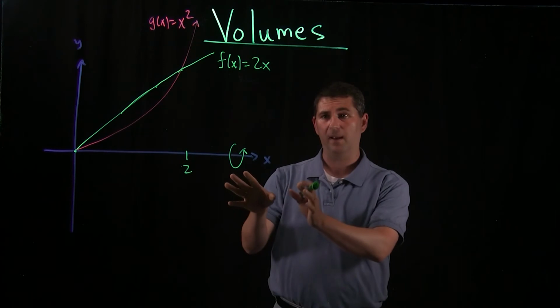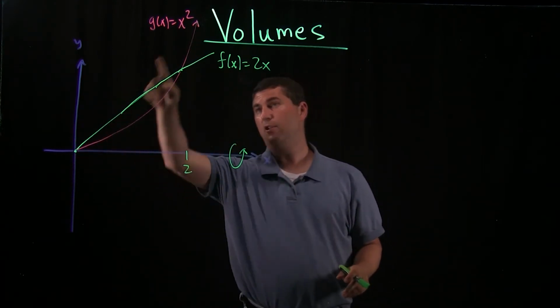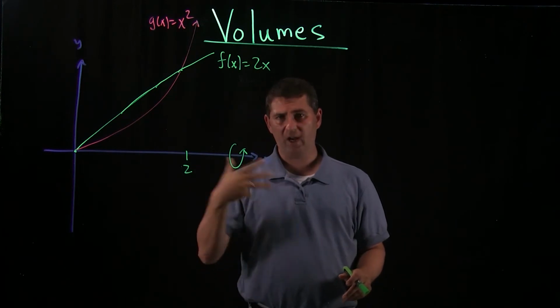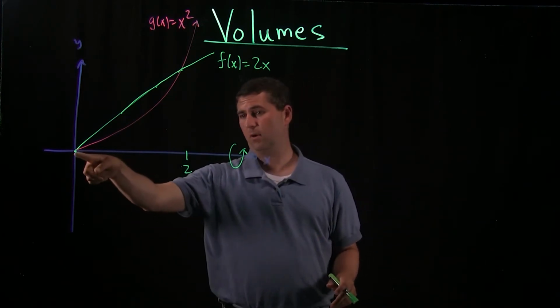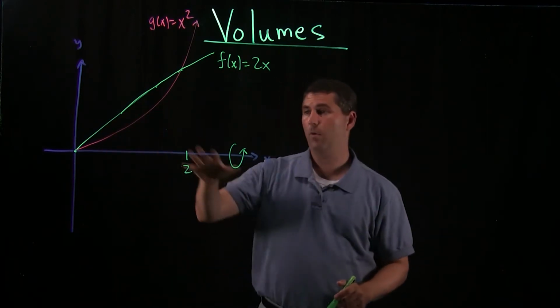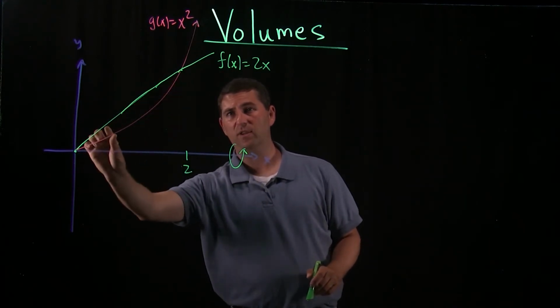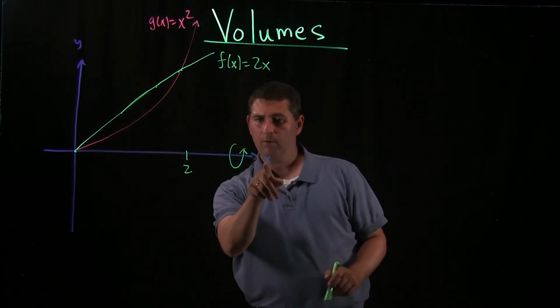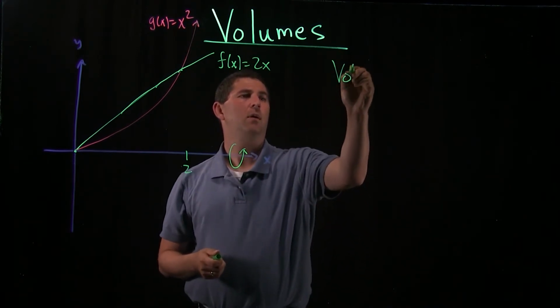Okay, so in this example, I've drawn 2 functions, f of x, which is 2x, and g of x, which is x squared. And I've taken the liberty of figuring out where those 2 functions intersect. It's at 0, and it's at x equals 2. Once I know that, I know if I want to compute the volume that I get by taking this region in between the 2 and rotating it around, well, in this case, just the x-axis,